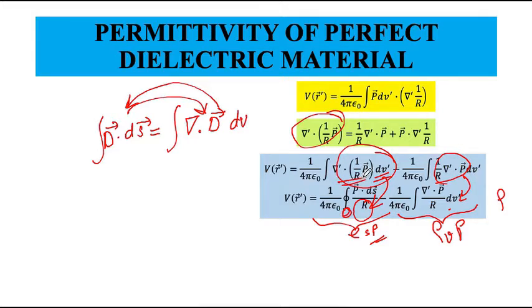Okay, so I have a volume charge and a surface charge. Please note that I have put subscript P in addition to S standing for surface and V standing for volume. I have put an additional P here to indicate that these charges are not freely available to you, but are charges because of polarization. That is, the material has been polarized, and these equivalent surface and volume charge densities are available, but they will act as though they are free charge and produce an electric field.